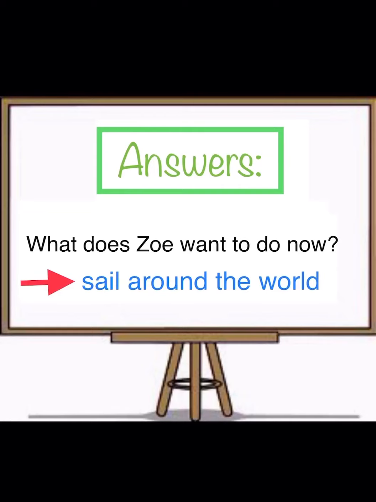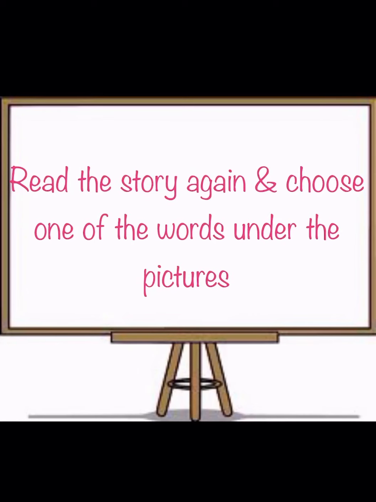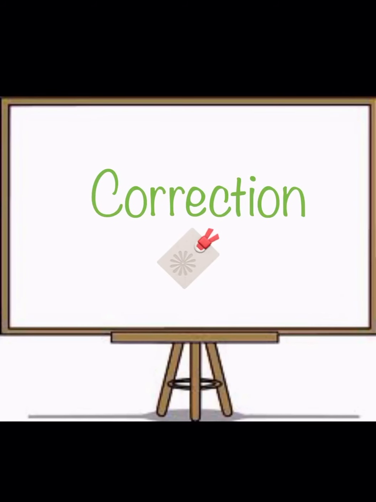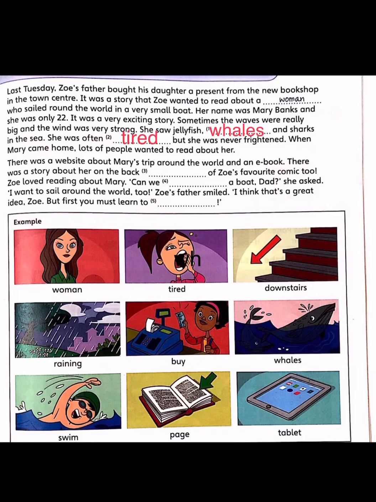I'm insisting on reading the story many times again. Now you read the story again and again, and choose one of the words under the pictures that you have. So you have 9 pictures with 9 words. You choose for each gap and write them on the lines to fill the gaps in the story. Okay, take your time again and let's have the correction. So, the first missing word is,